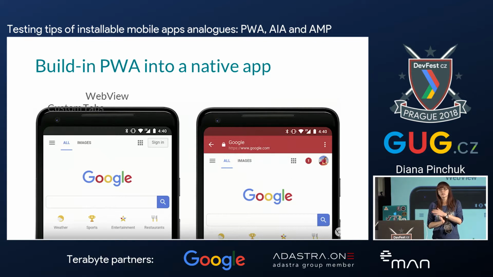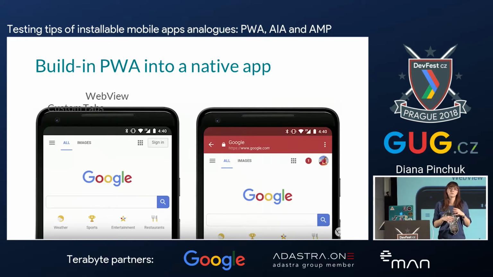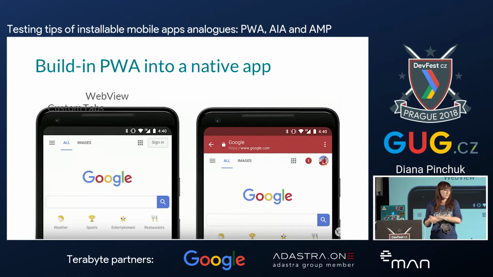There are a lot of different mixed applications now on mobile, especially on Android. They could connect native features and web features, like hybrid applications. And you can actually, instead of mobile web, add to your mobile application some progressive web app features, just like separate types. It could be done as WebView. WebView looks nicer, but it could cache some old data. You can also use custom tabs. They always use the most recent data, but unfortunately they have this address bar on the top, and it can be a bit confusing.